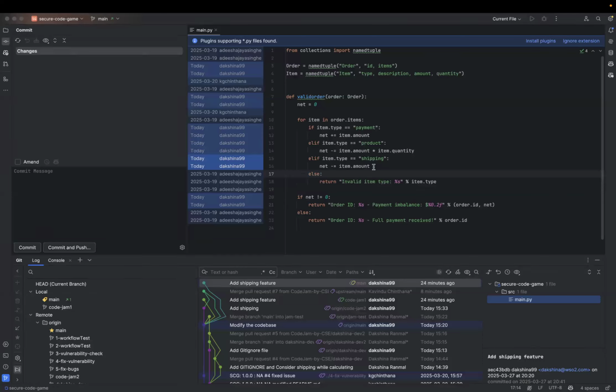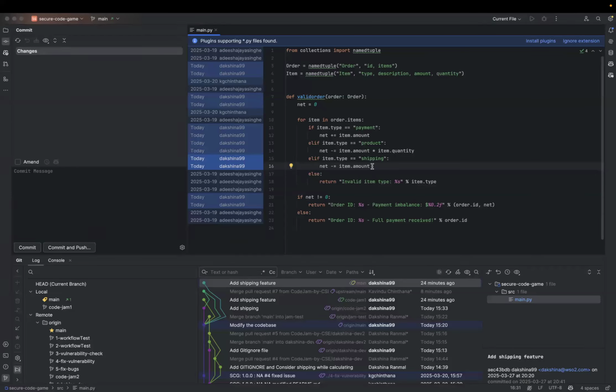Let's say some committers come and ask me to change this thing to use a separate variable and assign it, to make this more clear. They will add a comment, so I will again come here, make changes, make another commit adding fixes to the shipping feature, and push it to the same PR.